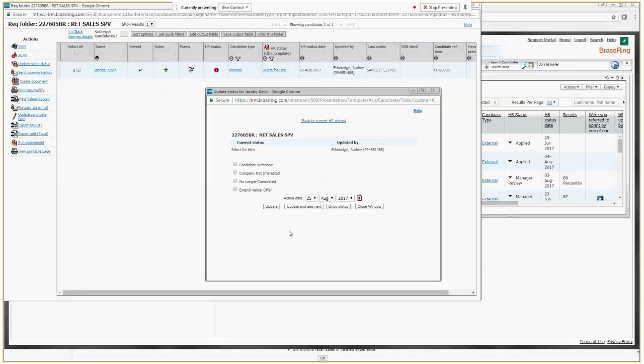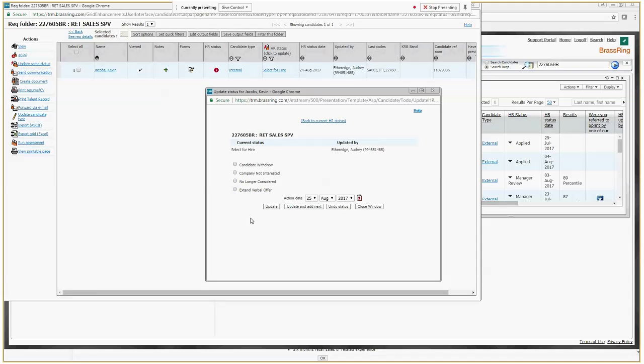So their next step or our next step is extend verbal offer, update next, and it waits until all of the approvals have been completed. And once that's done, then it will go to offer accepted. Currently, there is something going on behind the scenes. I know April's in a meeting now. Processes, it looks like they're getting ready to change. So there are going to be some updates to that within Brass Ring. So this may look different. It may not, but how our process will be going forward, like starting next week, may be a little bit different than what is happening today.